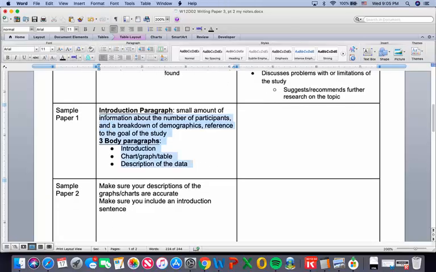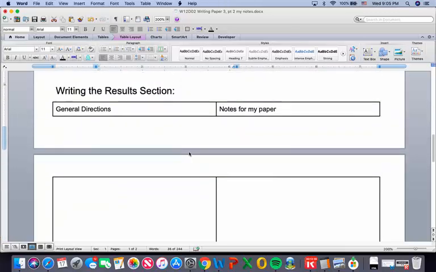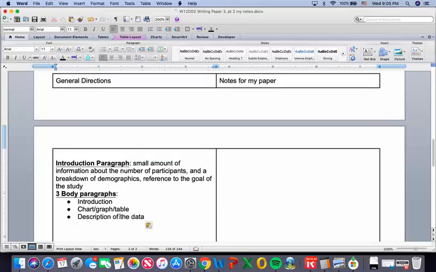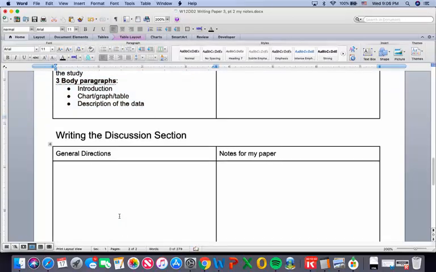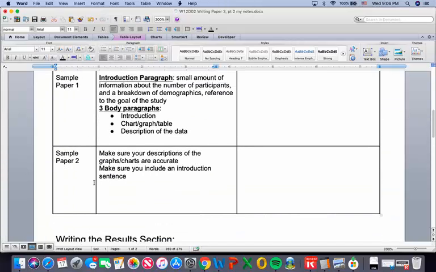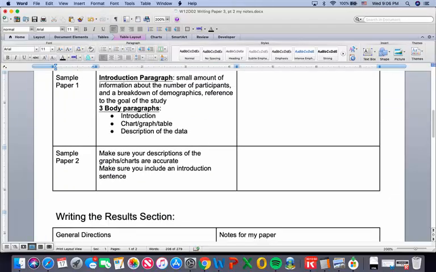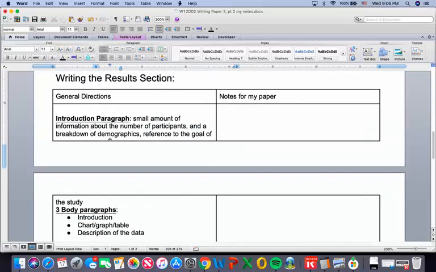So right now we can even just take these. I wrote about it very generally, so I can use that in the next part of the worksheet, which will look a little bit different if you have the paper version, just because of how the different parts collide together. So that means we've got our directions right now for how to write the results section. So have an introduction paragraph with a small amount of information about the number of participants and